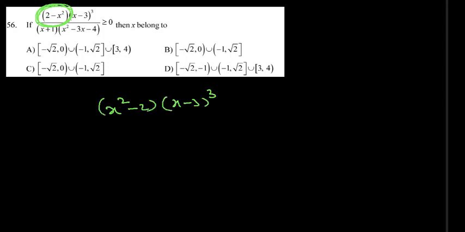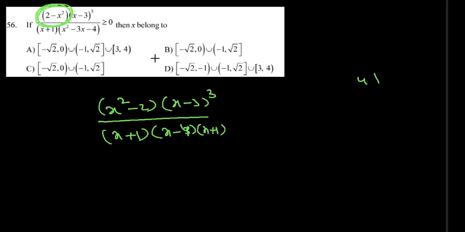Next question, friends. Directly you can find the solution by using the sign scheme method or variable method, but I don't like negative x square here. So multiplying with one negative, you will get x square minus 2 into x minus 3 whole cube by x plus 1 into, actually I can factorize that, x minus 3 into, so minus 4 factors, that is x minus 4 into x plus 1. Greater than or equal to becomes lesser than or equal to, because I multiplied with one negative here.